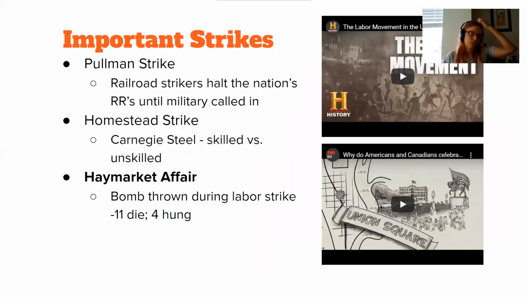So the last thing in our notes today, some of these important moments of violence in the early fight for labor unions. Now, if you're a labor union and you're fighting to improve your workers' condition, to give them better pay, shorter hours, a safer working environment, one of the tactics you can use is to strike. And a strike is where the workers refuse to go to work. That, of course, hurts the business because they're not getting the workers making the stuff. They're not able to sell it. That hurts their bottom line. They won't be making money. Businesses like to make that money, right?